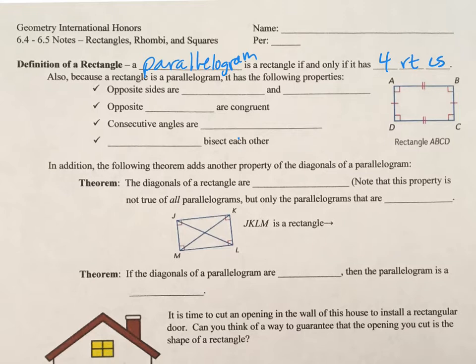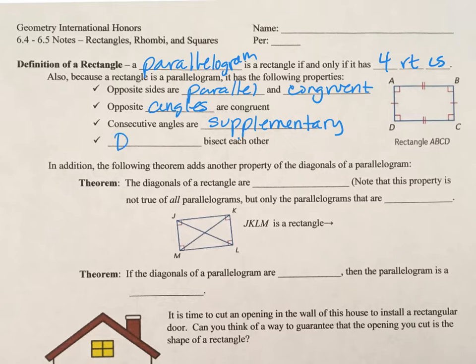For example, we know that opposite sides are parallel and congruent, okay, true of every parallelogram. Also, opposite angles would be congruent. In addition, consecutive angles are supplementary, and the diagonals bisect each other. So since a rectangle is a parallelogram, then all of these properties that pertain to parallelograms would, of course, pertain